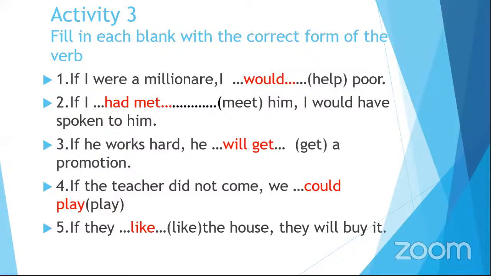Okay, my dear students, I'm going to summarize the lesson I have so far done. We talked about conditional sentences. I told you that conditional sentences have two parts, the conditional clause and the main clause. Then we talked about the condition and the result as well. Then I discussed there are three types of conditional clauses. Then we learned each with the structure, with the form, and we did three activities.